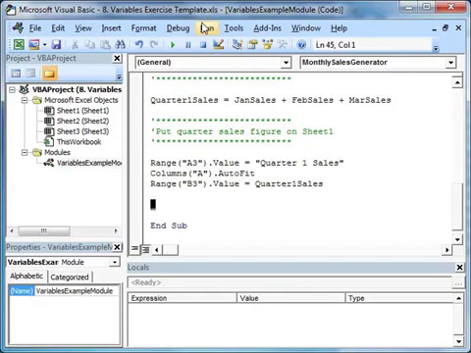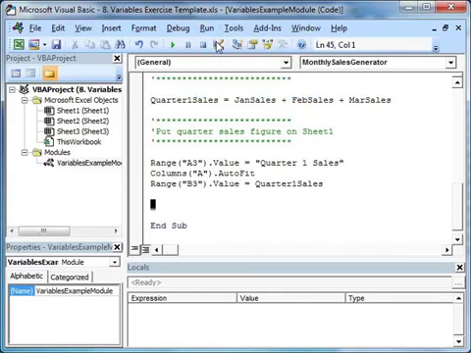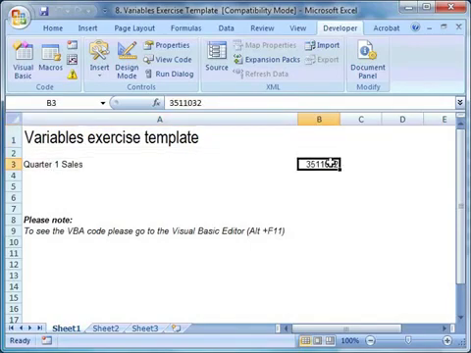Now let's run the code by going to the Run pull-down menu and selecting Run, or F5. We're not presented with any error messages. However, quarter one sales is 3511032 instead of the correct number. We can see this by going to the Excel spreadsheet. So quarter one sales, 3511032. If you were to add up Jan sales, Feb sales, and March sales, the correct number would actually be 5,046,632. The problem is that we accidentally created a fifth variable, Jan slays, but did not use this in our